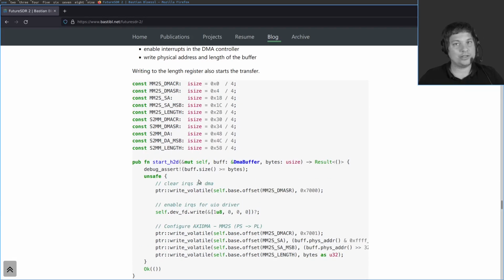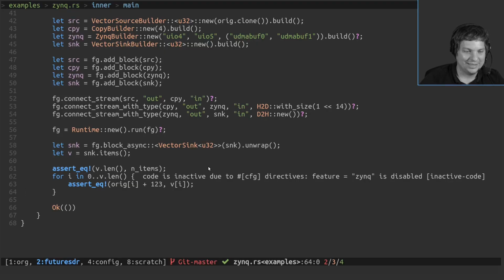And in the context of FutureSDR, what's very interesting is that through this user space driver, it's very easy to have both blocking operation, where I can block until I receive the DMA buffer back, and this is done basically through reading from a file descriptor. Or I can also have an async interface to it by polling the file descriptor and waiting until it's readable. So it really integrates well with all this async stuff. But again, it's all in this blog post, and you can have a look if you're interested.